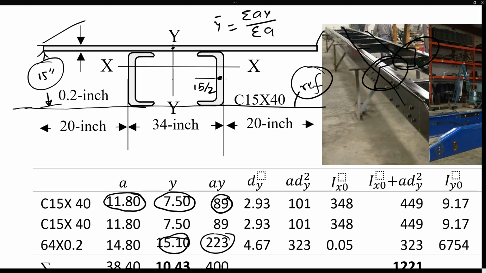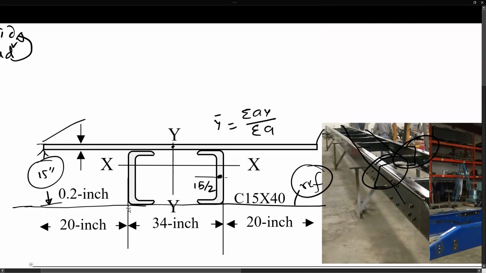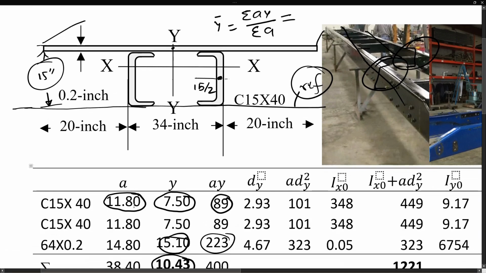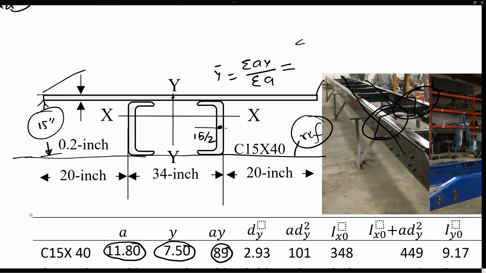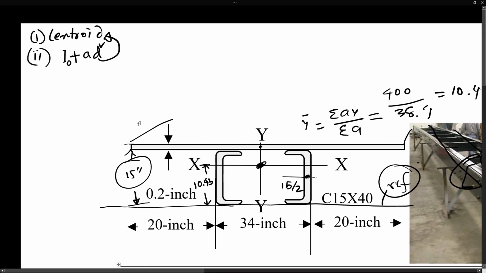Then you can get the total area, and simply the 10.43 is the summation of A y divided by the summation of A. So this is 400 divided by 38.4, that we found, giving 10.43 inches from the bottom. So the centroid of this overall structure is right here, 10.43 from the bottom. Now, to calculate the overall area moment of inertia for this entire structure, we need to